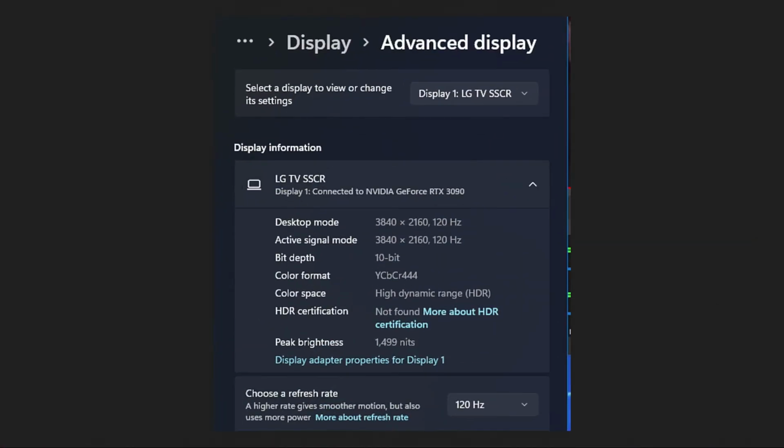Oh, wait a minute. You're sending me a display thing, so let me download it. Look at what it tells you for peak brightness. Wait a minute, dude. I was just about to mention this too. Hold on. So we're looking at his display information. It says peak brightness 1500 nits. Is it? How does it know? I don't know, but that's really helpful. Yeah, color space HDR. So this is what I was gonna say, guys. It even says HDR certification.